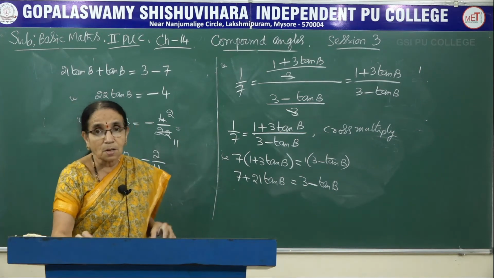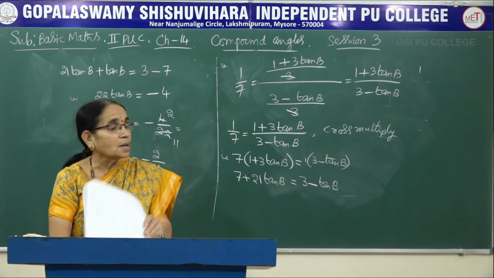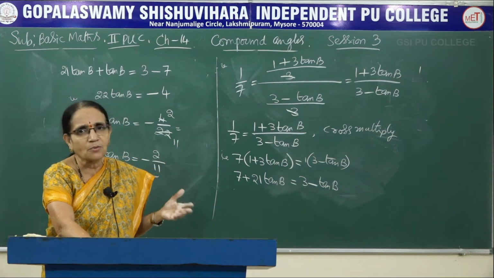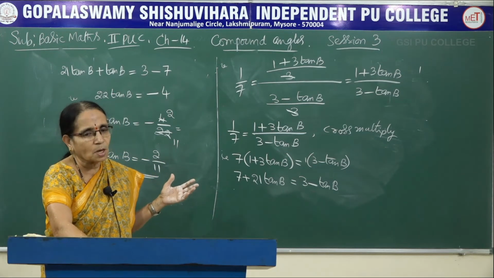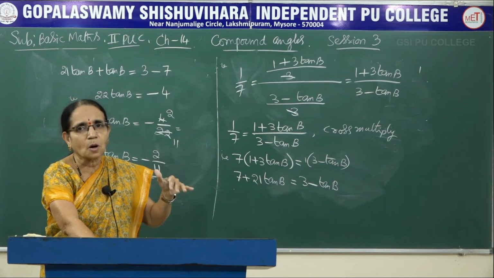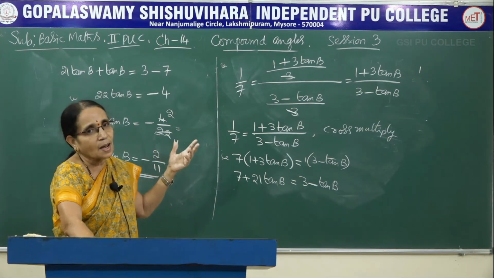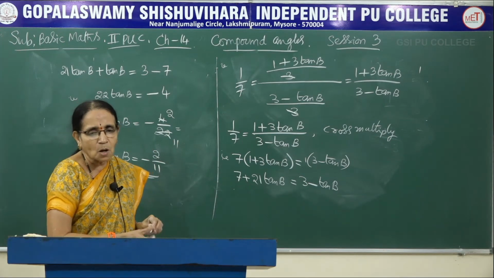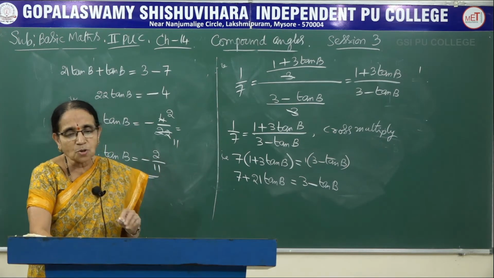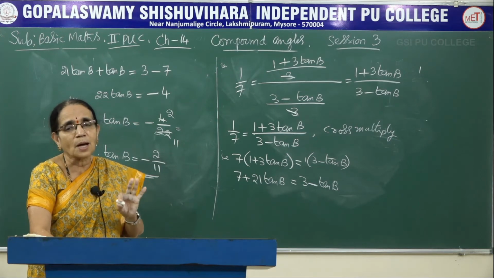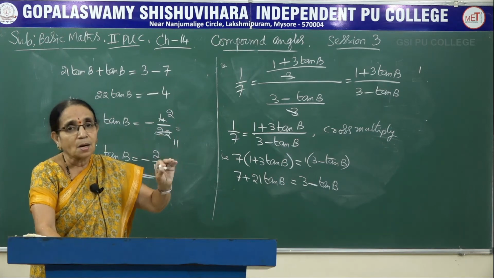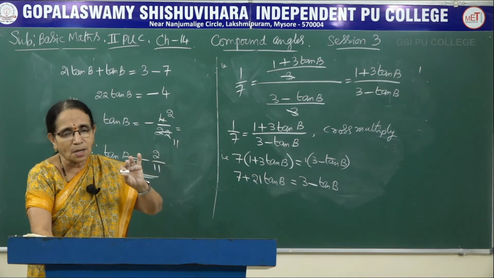So in the previous two problems, we had that tan A, tan B values were given to us. We had to calculate either tan of A plus B or tan of A minus B. So writing the expansion, we got the value. Whereas in this case, now tan A was given and the sum tan of A plus B compound angle was given. You have to get the other angle, that is tan B. Now here also same thing, another problem of the same type I am considering, but in the next problem they have asked you to show the value of tan B equal to some value. So in this one I had asked you just find tan B. Here show that means you have to try to get that particular answer.